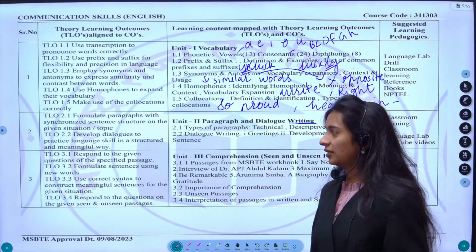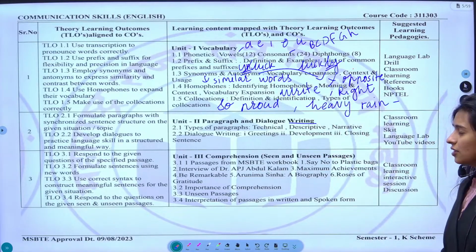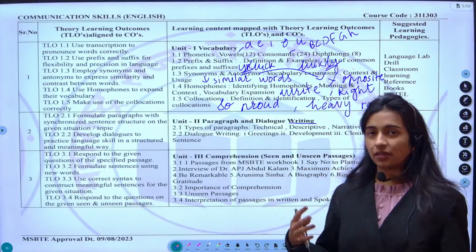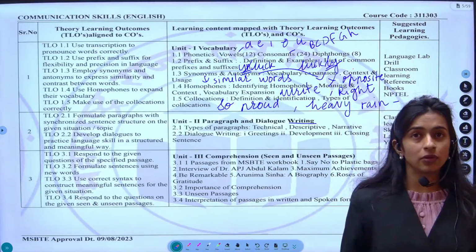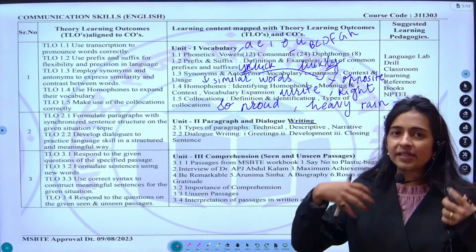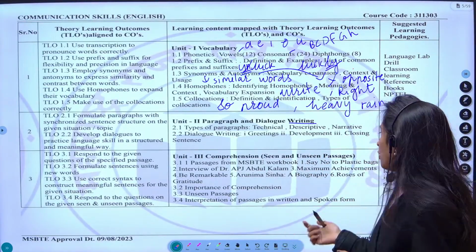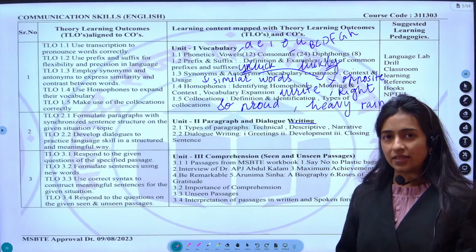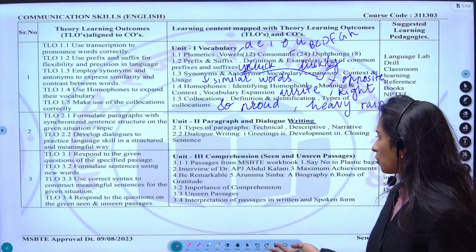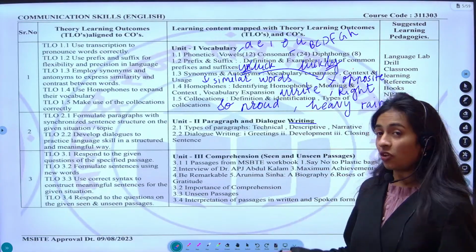Next is Unit 3. Unit 3 is all about comprehension. I have already told you what it means. It's in your goal as well, in your learning outcome as well. Comprehension is all about understanding things, grabbing the things. So it will be seen and unseen passages. They'll give you a passage, you just need to read it and answer the questions. So it will be in your workbook. So you have